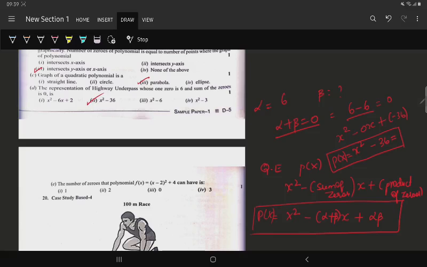The number of zeros of the polynomial x square, x minus 2 the whole square plus 4 is. Here you can just expand f of x. f of x or p of x is one and the same. If we expand it, I get a term called x square here. So x square is a quadratic polynomial, the degree is 2, and so the number of zeros is